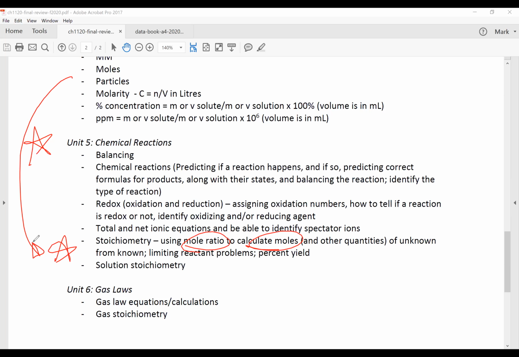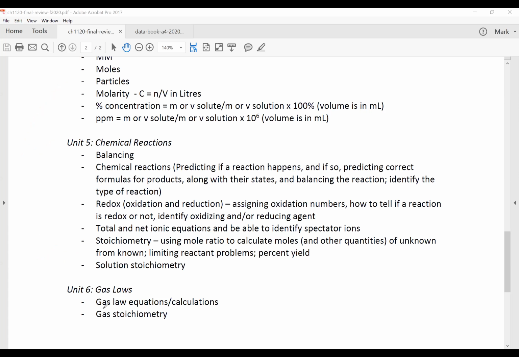Again, I've said this before, but if I were you, I would focus on chapters 3, 4, and 5. Then I would worry about chapters 1, 2, and 6. I would probably save chapter 6 for the end. I would definitely focus on 3, 4, and 5. All right, so for chapter 6,